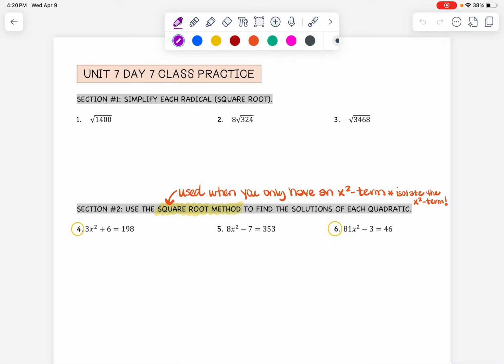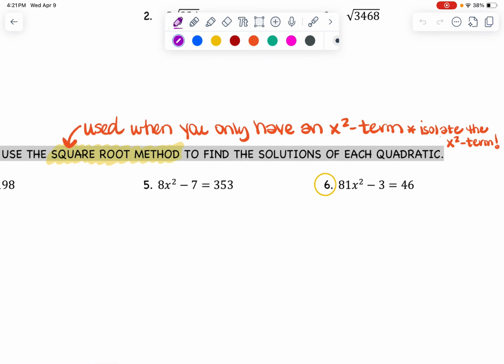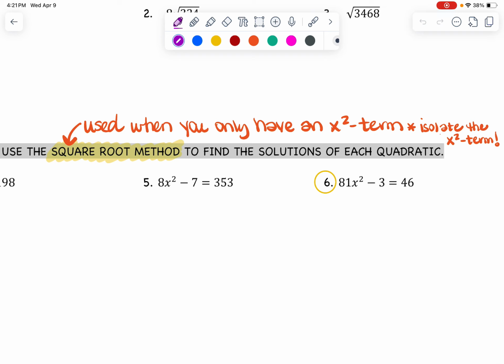All right, you guys, I just wanted to work through a few of the questions on your day 7 homework, just because it looked like in class, some of y'all were still kind of confused about how to work through these problems. So in order to use the square root method,